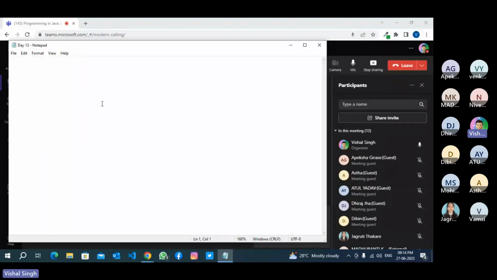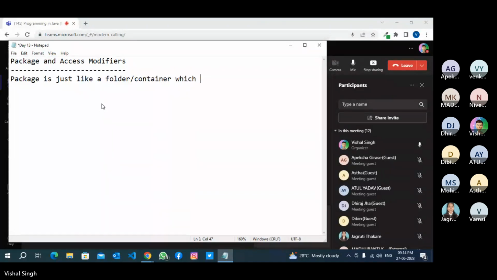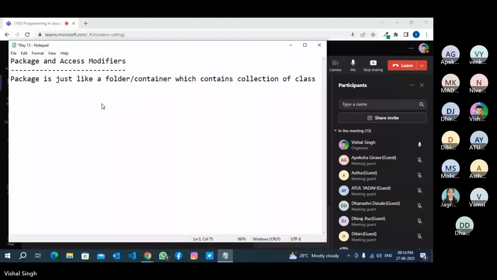So the topic for today is package and access modifiers. So what is a package? Package is just like a folder, or you can also say container, which contains a collection of classes,